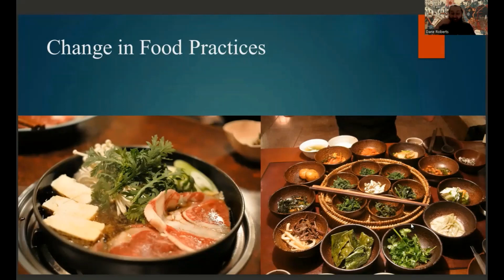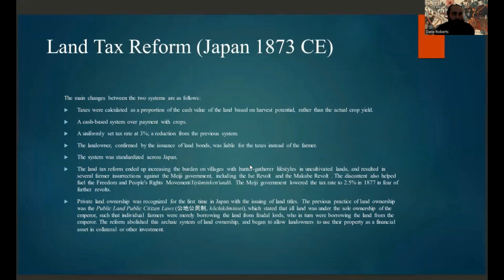But with these Western ideas flowing in, popular dishes that included meat, such as types of ramen like tonkotsu ramen and things like that, would grow in popularity. This era would also see the implementation of several reforms to benefit Japanese society, also to make Japanese society more centralized and more economically fluid, such as the land